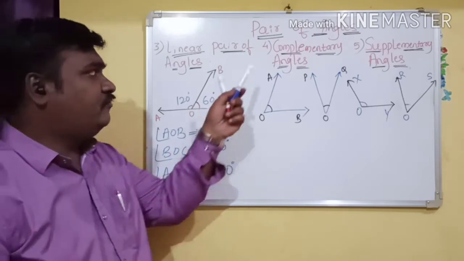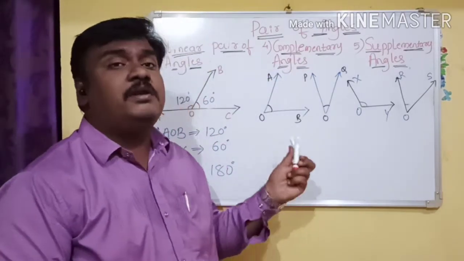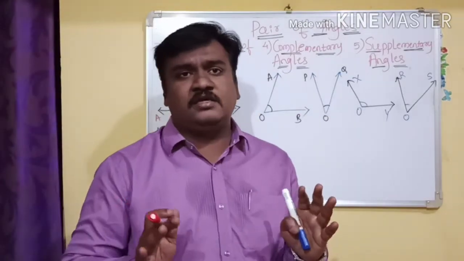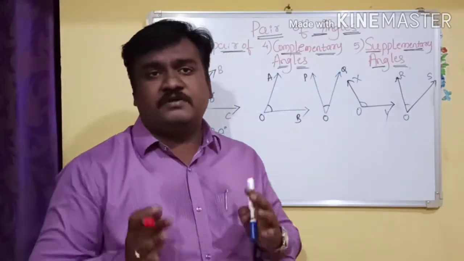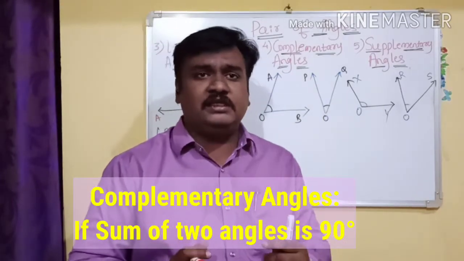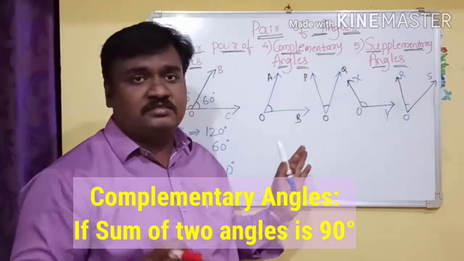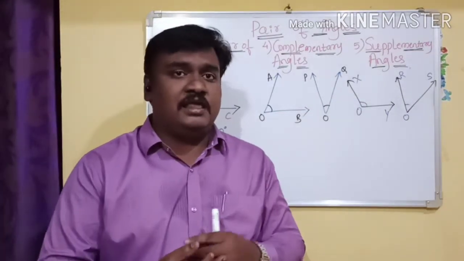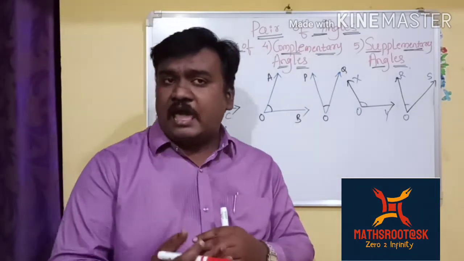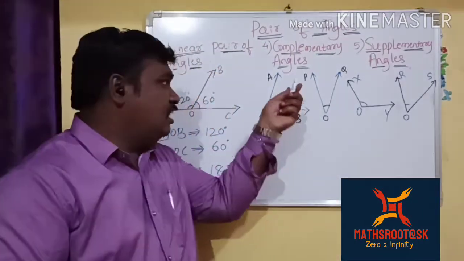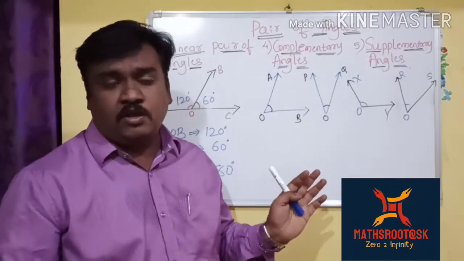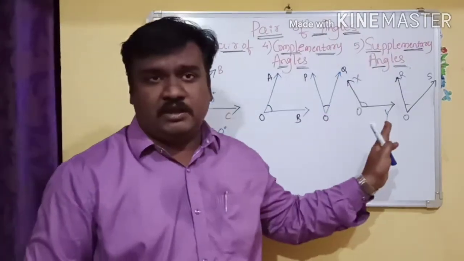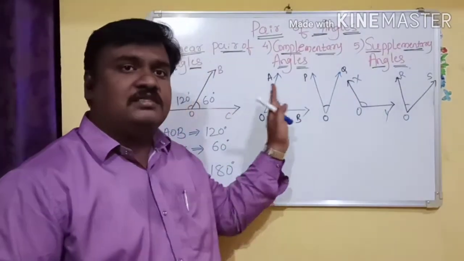Okay. So now the fourth one is complementary angles. Complementary is nothing but if two different angles form together 90 degrees. If the sum of two different angles is 90 degrees, then we call them complementary angles. Till now I have spoken about adjacent angles, vertically opposite angles, and linear pair of angles, in which a common arm or common vertex was there. But here I am talking about two different angles. Their sum should be equal in complementary and supplementary. This is the difference between the other angles and these two angles.